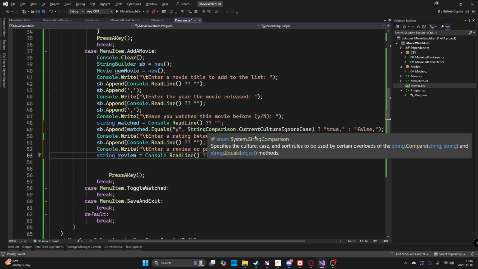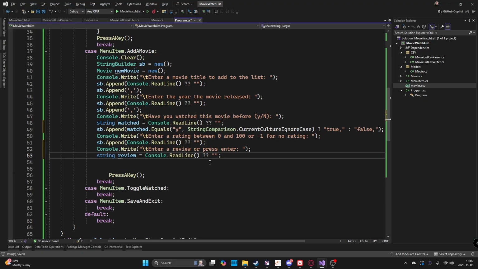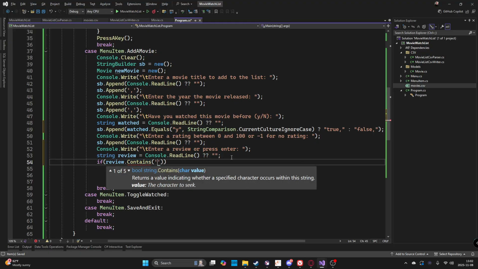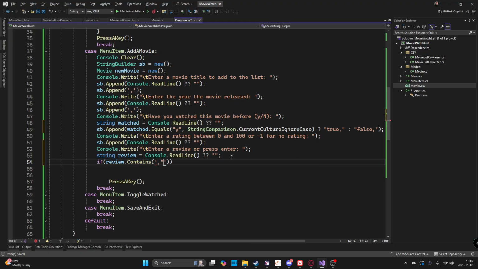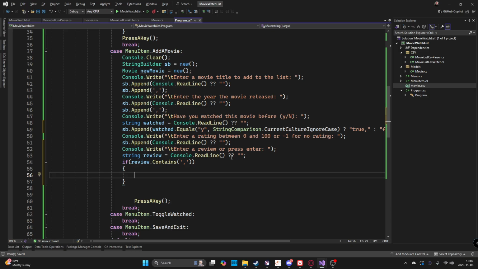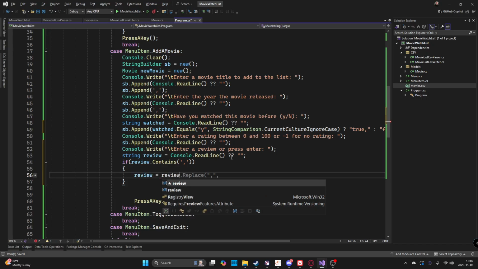So let's go back to review though. So we're going to need to do this. We look back at our CSV. We don't put the parentheses around it if it doesn't have a comma. So let's begin first. So if review contains a comma. So that's a special case. So if it contains a comma, then we need to start by doing review equals